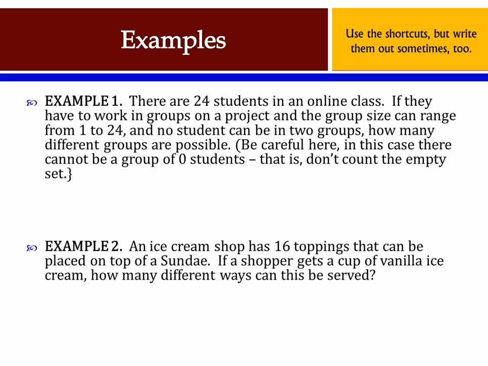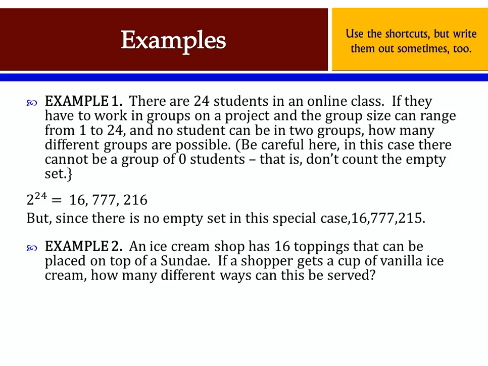Now in this case, we're going to say you can't have a group of 0 students. In other words, you have to have at least 1 student. And so in this case, we're not going to count the empty set, because a group of no students would be the empty set. So we've got 24 students in the class. So 2 to the 24th would be 16,777,216. But that would be all of the sets. So if we're going to exclude the empty set, we would have to say our answer is